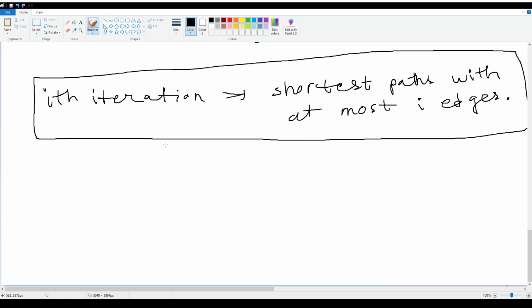That is why you run the algorithm V minus 1 times, because by the end you would have found the shortest paths even with V minus 1 edges, right? So you would have found the minimum distance for all the vertices by the V minus 1th iteration,